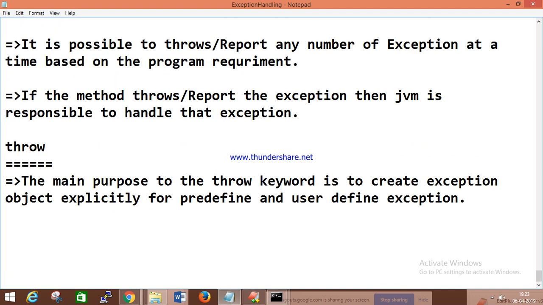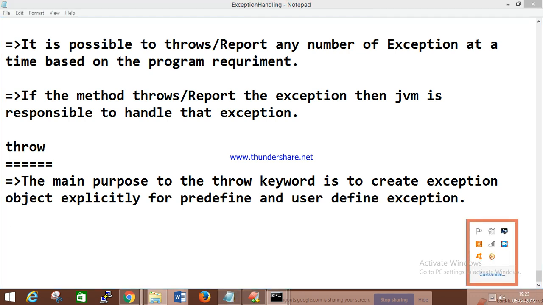But for this throw keyword, I told you now, when some requirement is there, you have to create an exception object, that is called a customized exception. It means you have to generate the exception. At that place we will use this throw keyword explicitly, for your predefined or user-defined exception. Okay, so your Java is